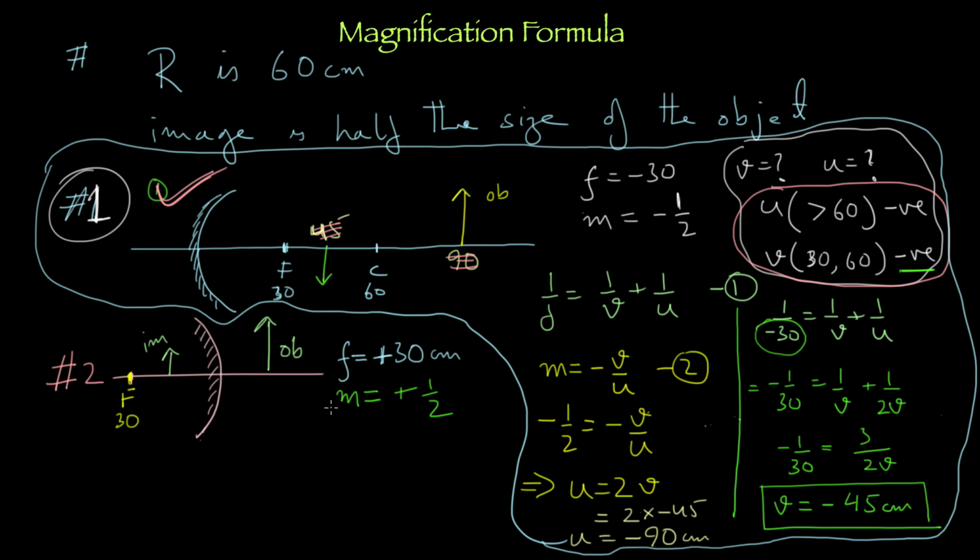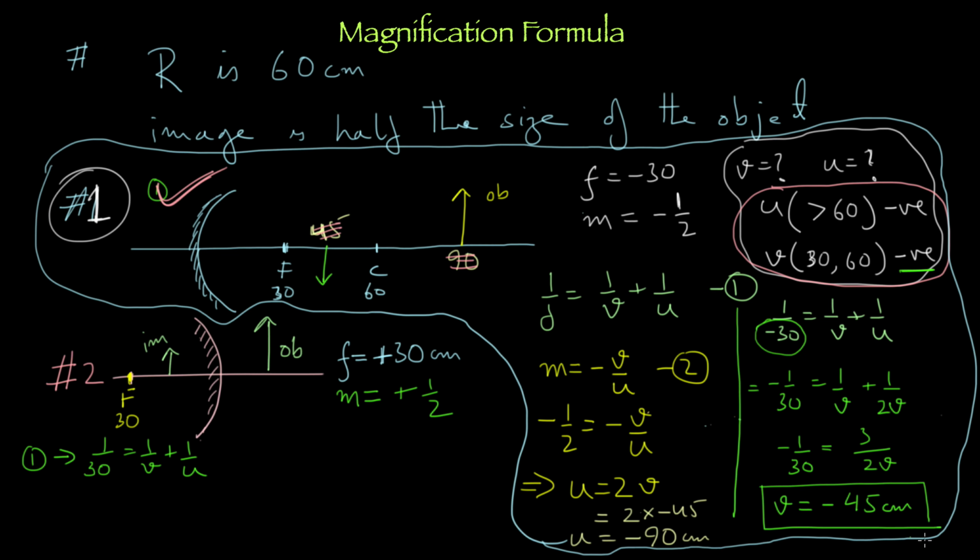Now the same steps, right? So we'll straight away go for the first formula. What is the first formula? First equation. What does it give? So 1 by f is equals to 1 by, no, I'll put the value straight away. 1 by 30 is equals to 1 by V plus 1 by U, right? These two we don't know. Don't put a plus and minus unless until we know the value, right?